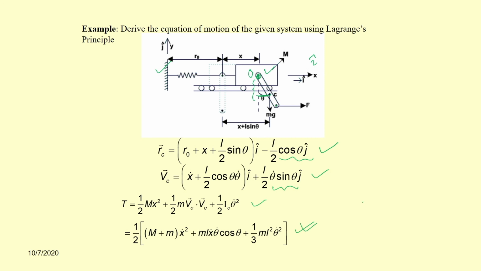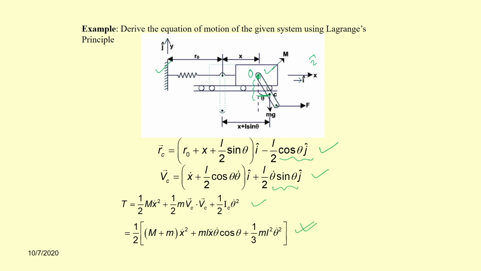So, when the expressions are very big, it will be difficult to write down or find the equations by manually doing this problem. So, in that case you must use mathematical software or symbolic software to derive this equation of motion. So, now you know how to find this kinetic energy.